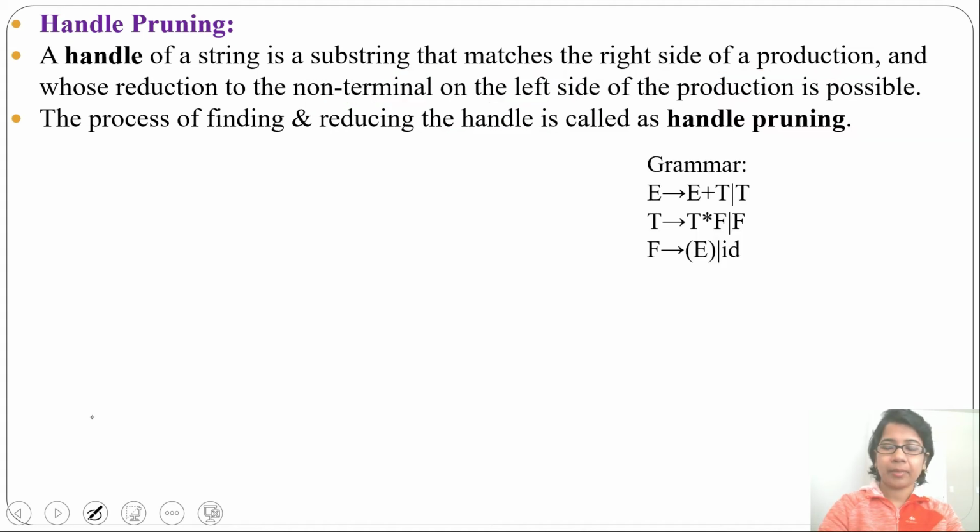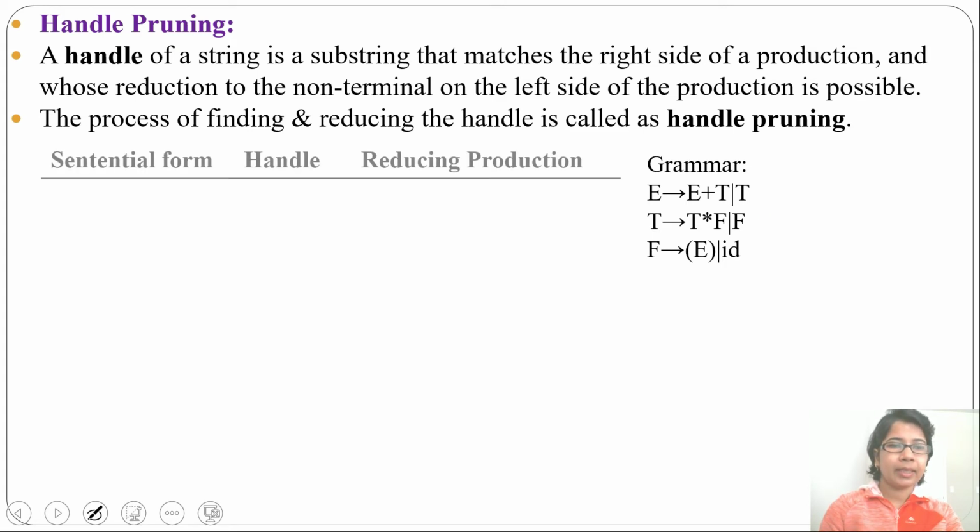Let's see one grammar. E derives E plus T or T. T derives T multiplication F or F. F derives open bracket E close bracket, or ID. I will explain bottom-up parsing in sentential form, and at every step I will explain what the handle is and what the reducing production is. Now the string is ID1 multiplication ID2. Now just check, is this present on the right side?